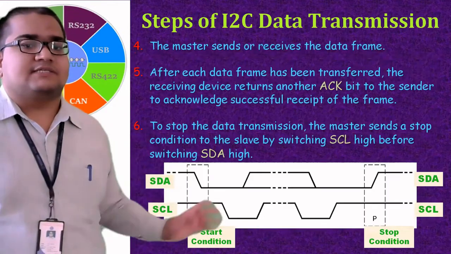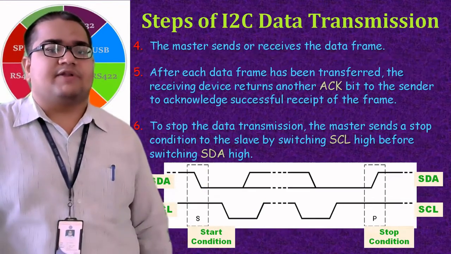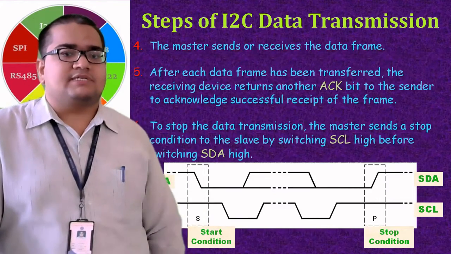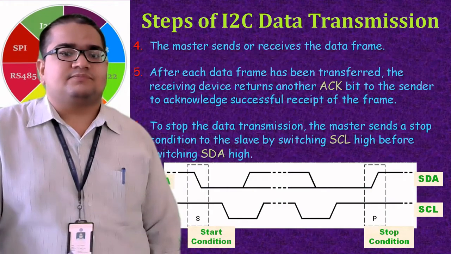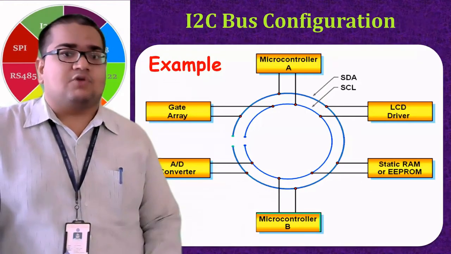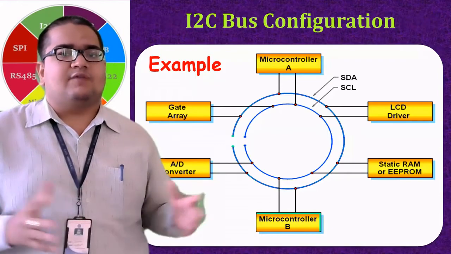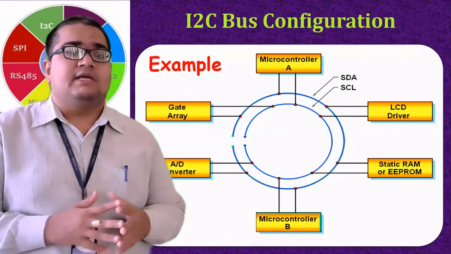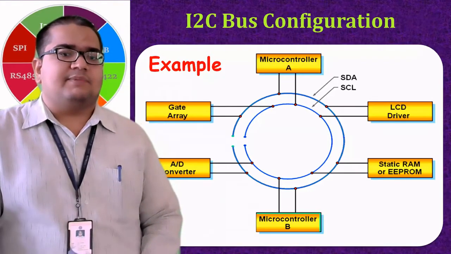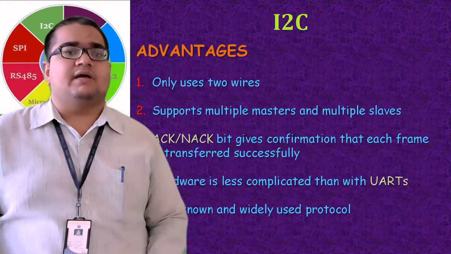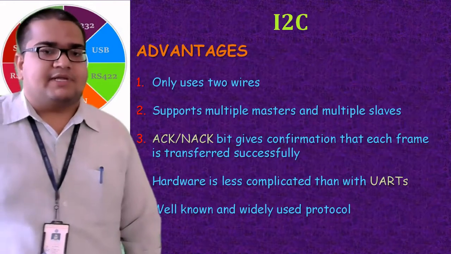We have seen these conditions. The start condition is there, then we communicate the frames, address and data frames, and towards the end there's a stop condition where the master tells that the communication has to stop now. We have seen this bus configuration example also, where there are two microcontrollers, microcontroller A and B, and a few peripherals connected, and how they are connected with the SDA and SCL lines. We have seen that it can be one master, multiple slave, and it can be a multiple master, multiple slave type of communication also, which is allowed in I2C communication.